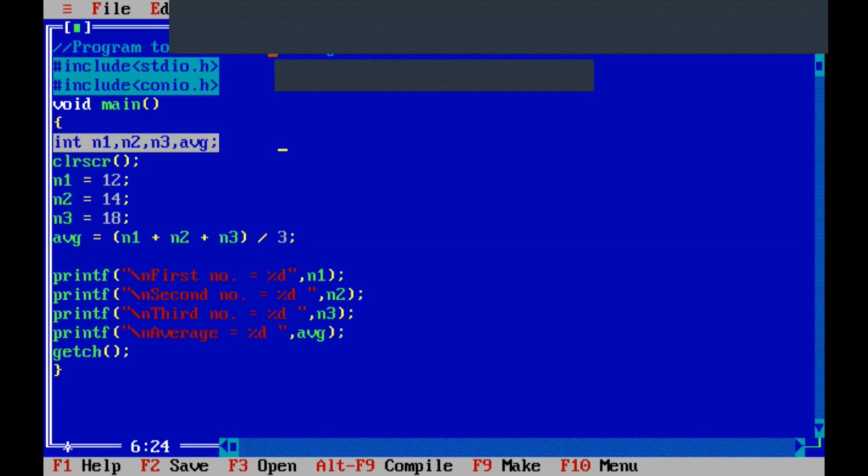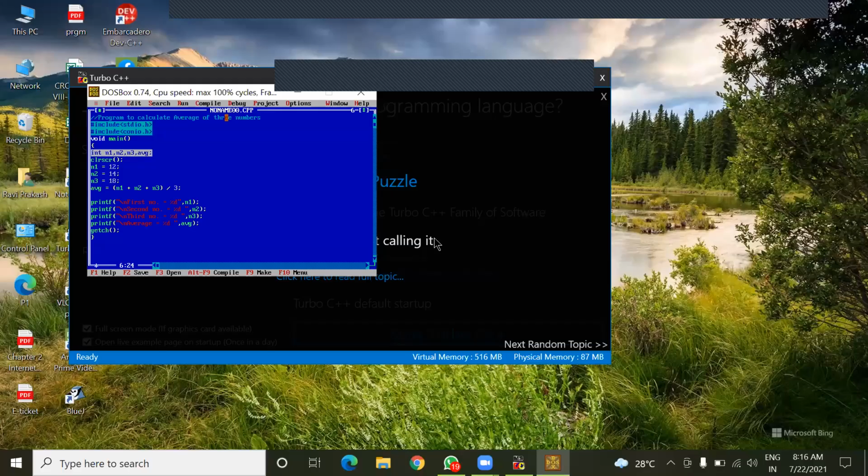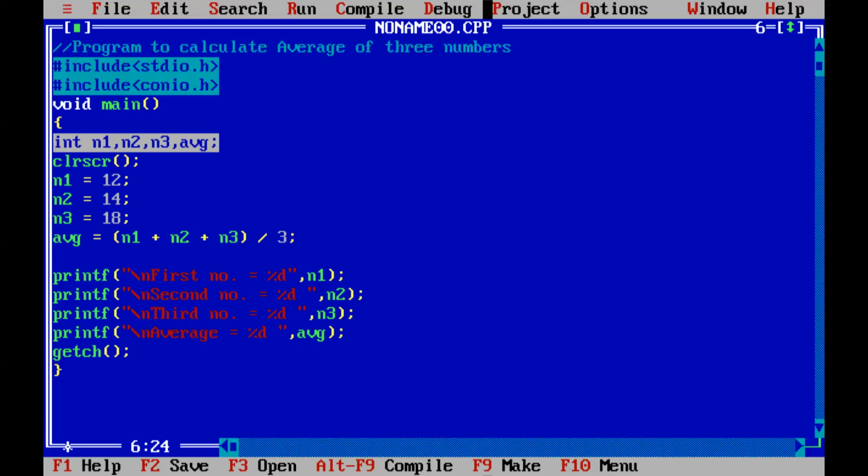As you can see, we have to calculate the average of three numbers, so three numbers are involved in this program. We need to store these three numbers somewhere in the computer. For this purpose, we need variables. You can see n1, n2, and n3. These three variables are to store three numbers.